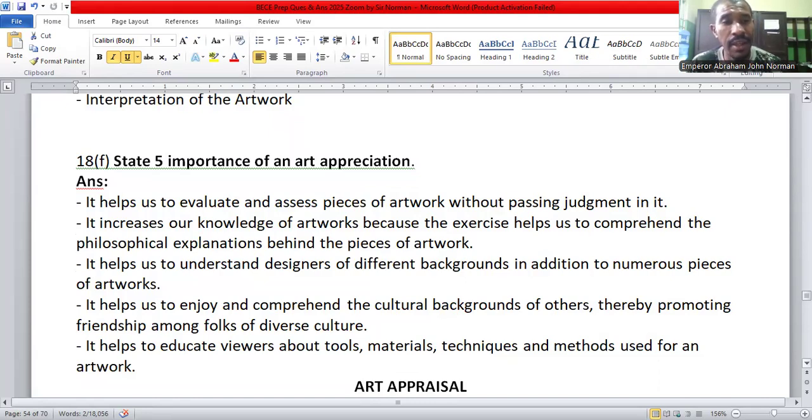Then art appreciation also helps us to enjoy and tolerate the cultural background of others, thereby promoting friendship among diverse cultures. Art appreciation also helps to educate viewers about the tools and materials and techniques and the method used in producing an artwork. So that is art